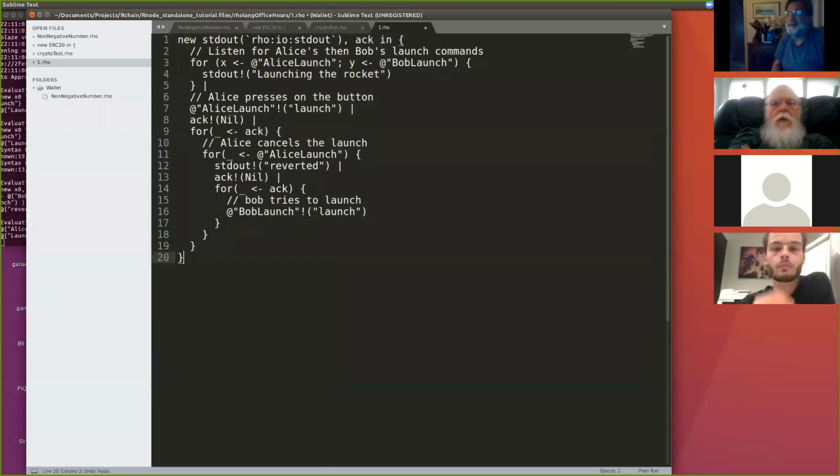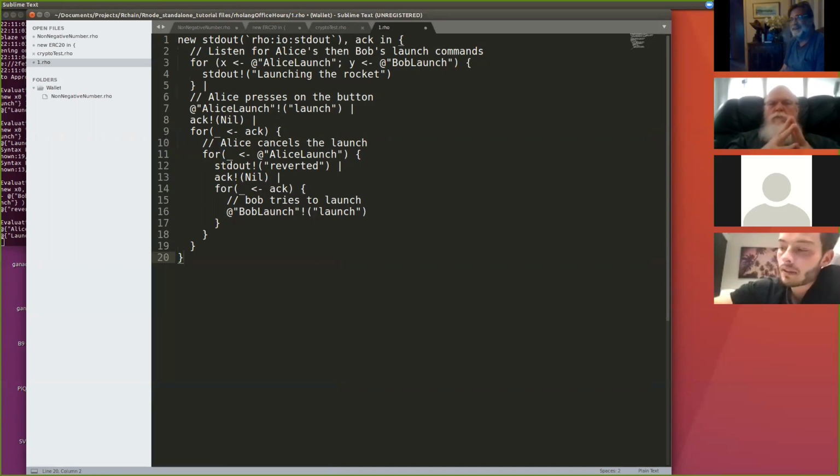So that's the join operator actually, and that's also how to do the sequential stuff. Yeah, that was good. An interesting thing to me is that by definition, the join there is that Alice launch and Bob launch are simultaneous. Okay, and yet in an asynchronous network, nothing is really simultaneous. Well, it is